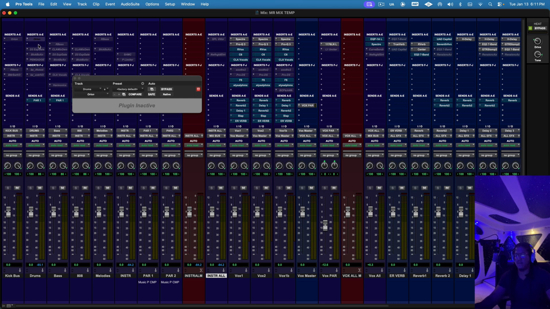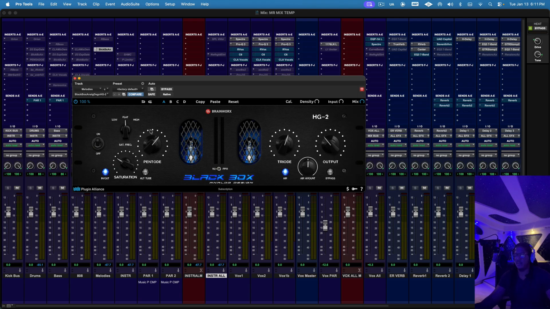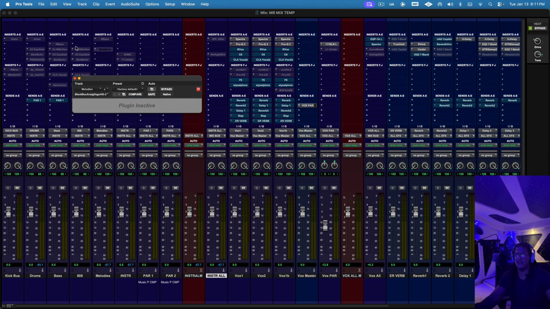I'll use a lot of Spectre, a lot of Black Box, especially the new Black Boxes. They have an EQ version as well, saturation. I'll use R Bass on the bass or Voice of God from UAD,